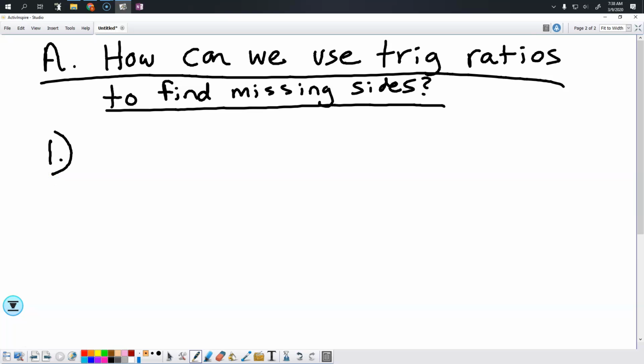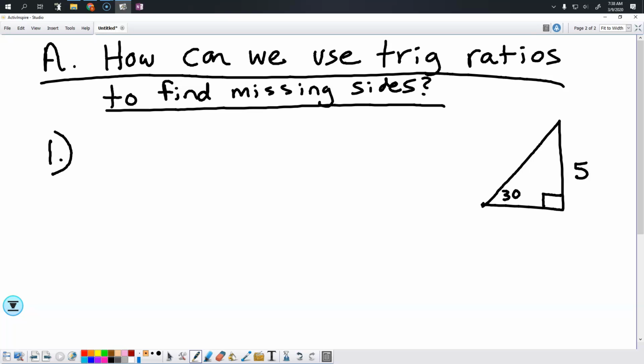Okay, so you're going to be starting off with a triangle. Now you guys don't need to draw the triangle here because we're going to do some examples in a minute. I just want the steps to make sense as we're going. So let's say we have that. So the first thing that we're going to do is